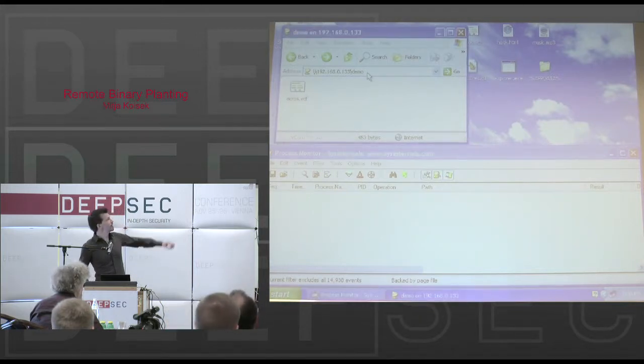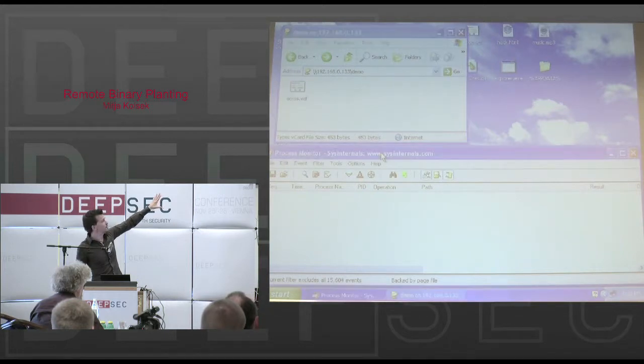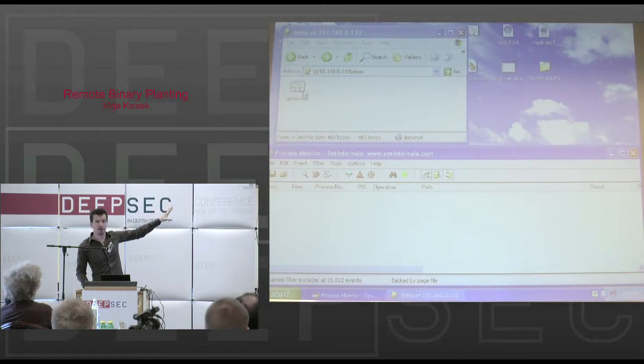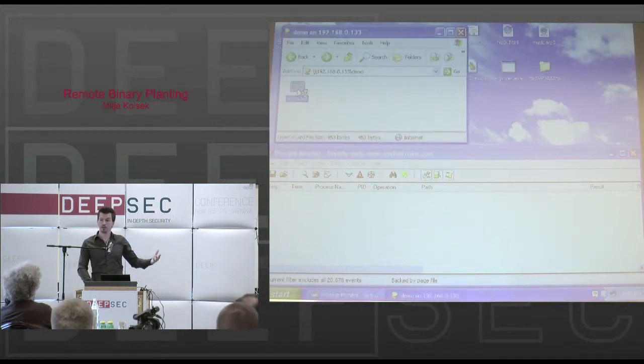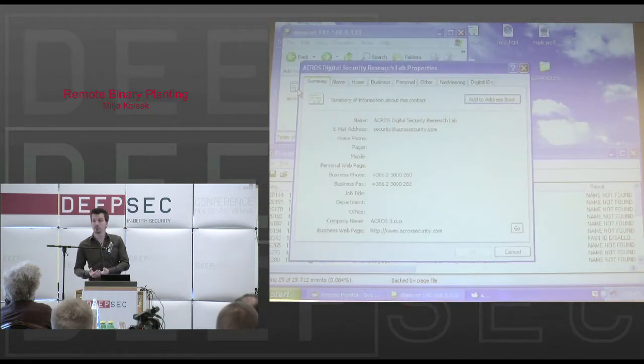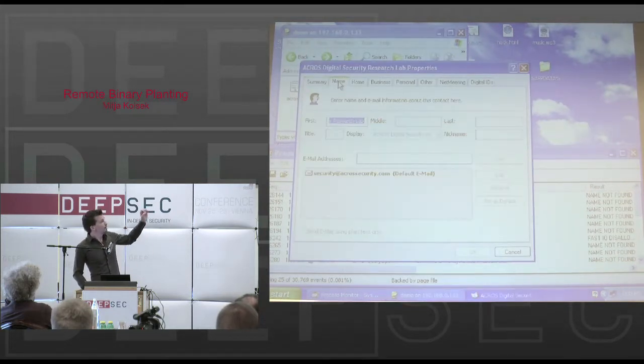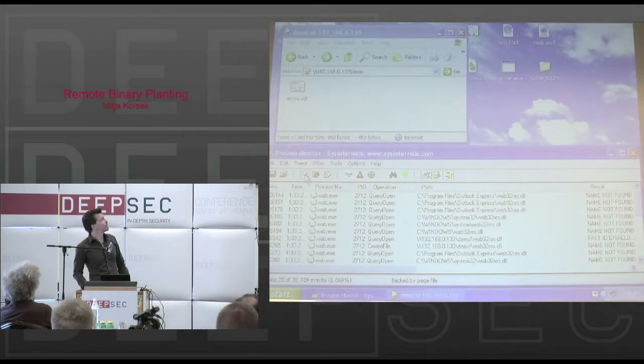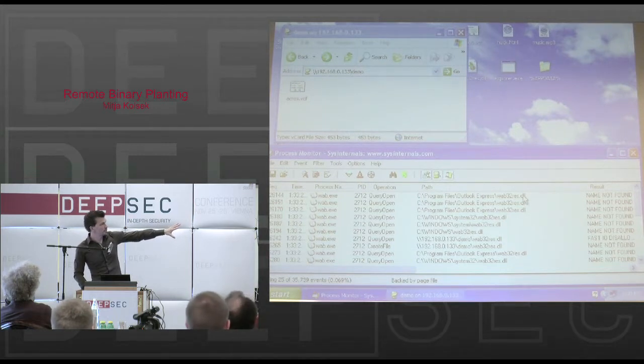What we have here is a .vcf file, which is associated with Windows Address Book. When you double-click a .vcf file, Windows Address Book, which is integrated in Windows XP, and similar applications in Windows 7 and Vista, just opens the file and shows the content of the file like this. Now, we monitor with Process Monitor what happens when Windows Address Book tries to load a specific DLL,